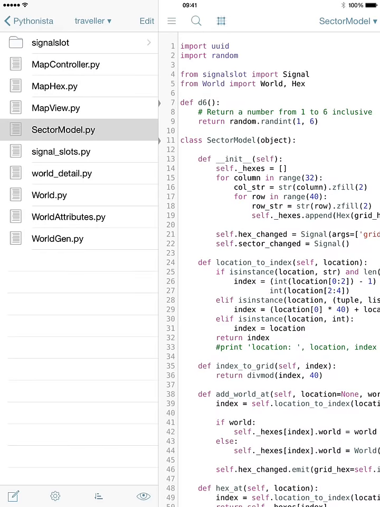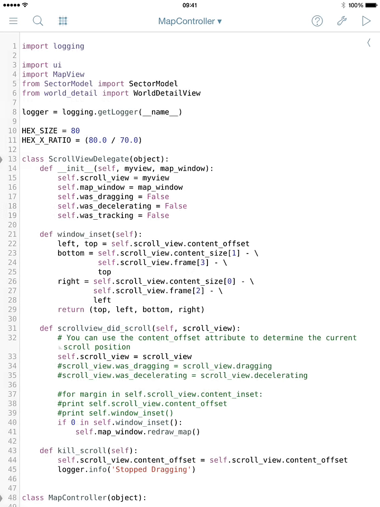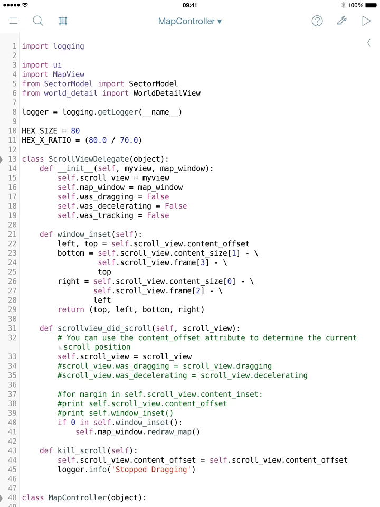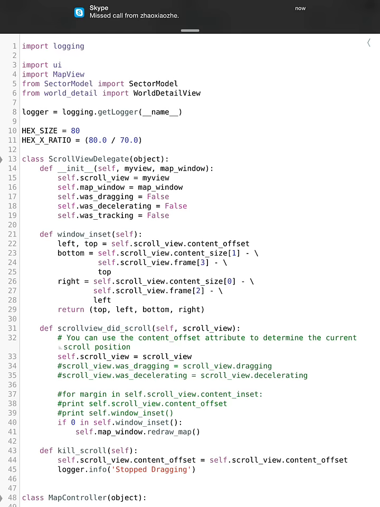And then map controller. So this is the actual core script of the app. So this is the script that you run when you run the application, and it's responsible for loading up all the other components and initializing them and setting them all up the way you want them to be. So to run the application, there is,